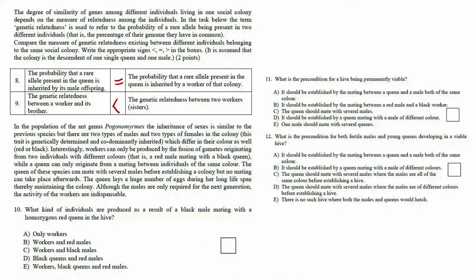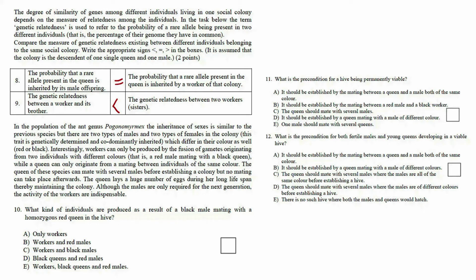In the population of the ant genus Pogonomyrmex, the inheritance of sexes is similar to the previous species, but there are two types of males and two types of females in the colony. This trait is genetically determined and codominantly inherited, which differ in their color as well. Interestingly, workers can only be produced by the fusion of gametes originating from two individuals with different colors, that is